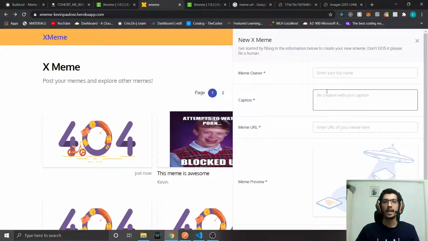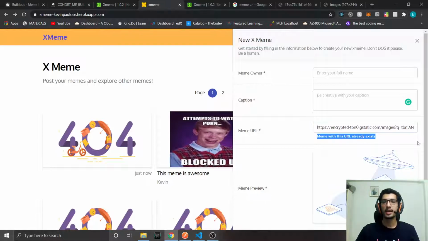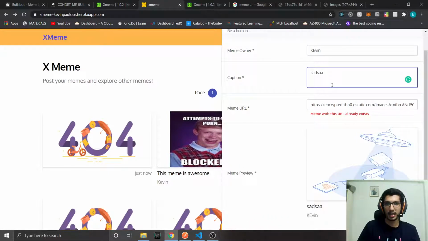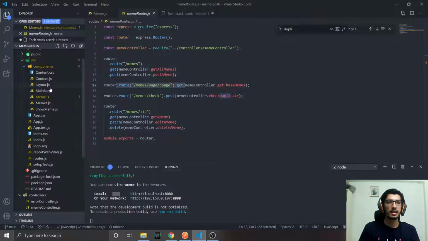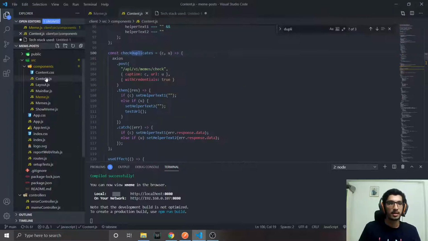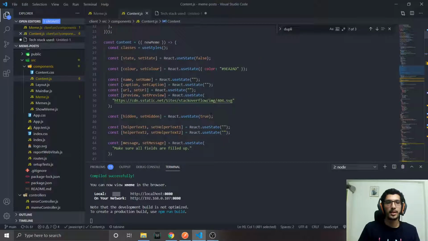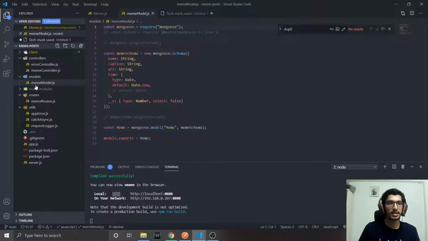But why? When you are trying to post the same URL here, you can see I have posted the same URL here and here. But here you cannot create it, right? Even if you give all the things, like give a random code, still you cannot. This is because I have cut short this duplicacy thing and I have implemented it in the React part itself. You can see in the check duplicates that I had mentioned before, I had implemented it here itself. So this is pretty much my code and my files and everything that I have done for this.